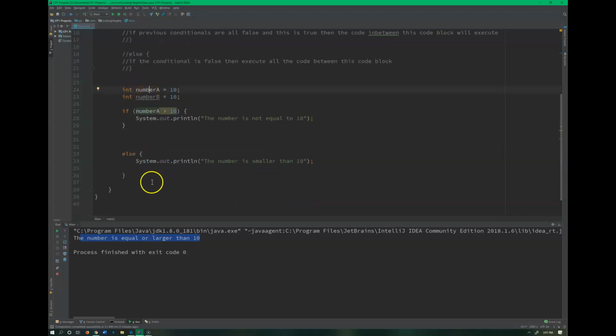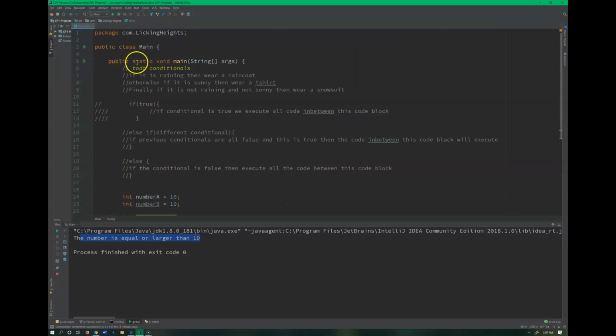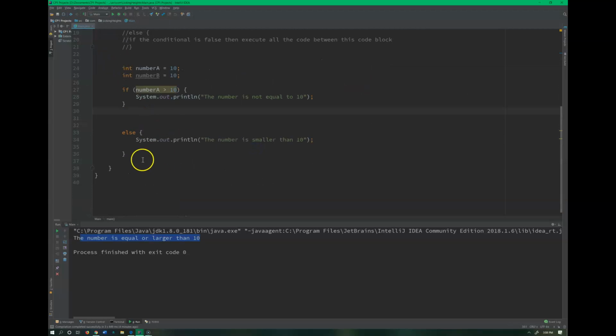Now, let's look at how we could do that with methods, because up to now we have been using methods to keep one set of logic, like a little tiny mini program, contained into exactly what we wanted to do, like the Drake equation, or testing if a number is odd. We can do that by creating whatever method we wanted. So let's create a couple of methods: public static void